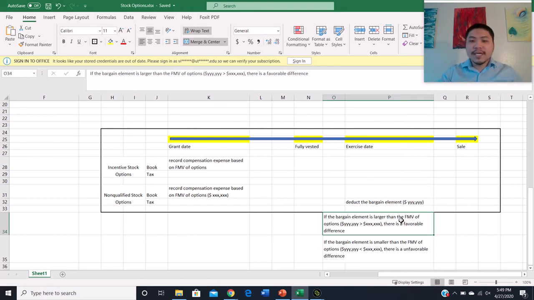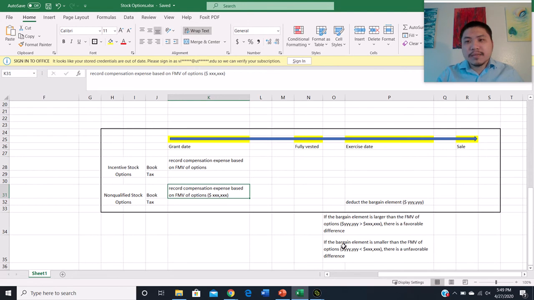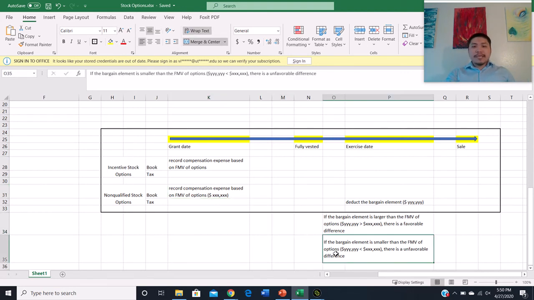And vice versa, if this bargain element is smaller than this fair market value of the options, then it's going to create an unfavorable difference. Because now for tax purposes, the firm can only deduct less than what they can deduct for book purposes. So I hope these figures help you a little bit in understanding